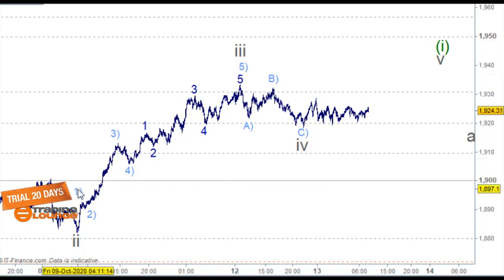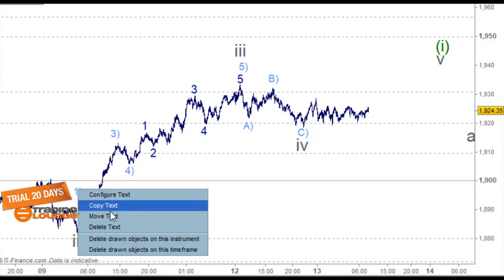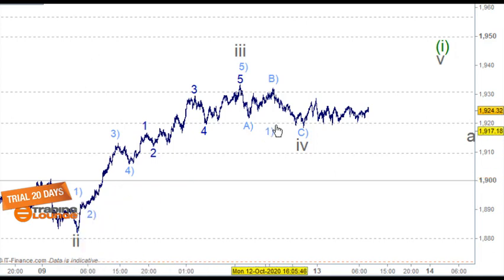And we could probably look at this as, let's copy that, probably wave 1 here. It may even be part of the correction, but I need to pull that apart and have a look, but it doesn't really matter at this stage. Well, I suppose it does a little bit, because that looks a bit short for wave 4, so wave 4 could probably come down